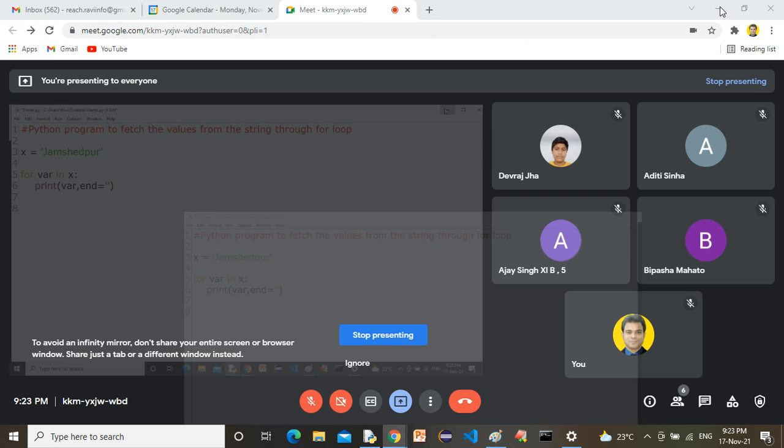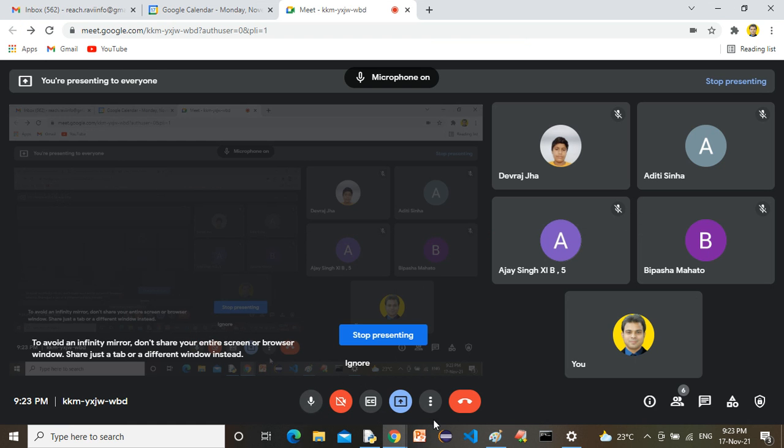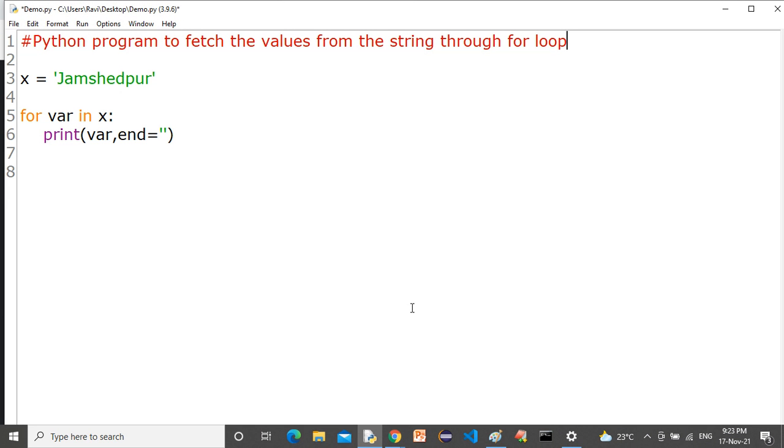X is holding Jamshedpur. Oh, sorry. X is holding Jamshedpur, and for var in x, var is extracting character by character. Var is a variable which is extracting character by character from variable x.